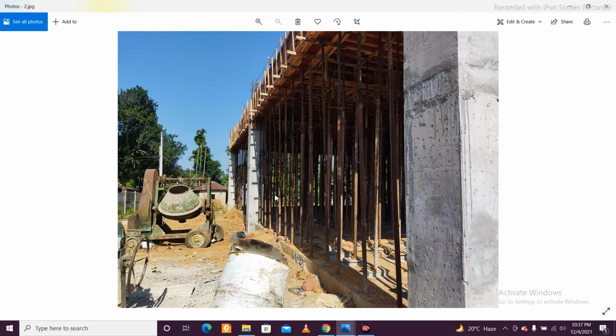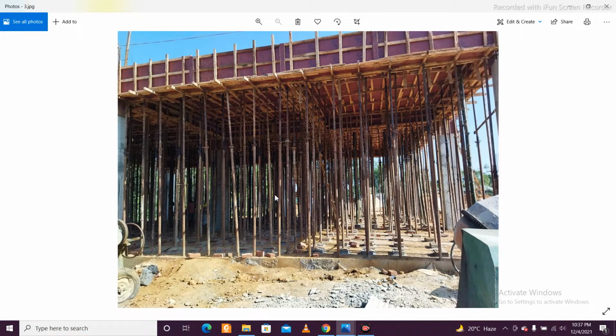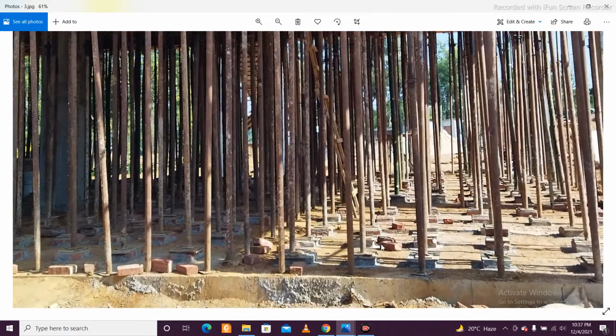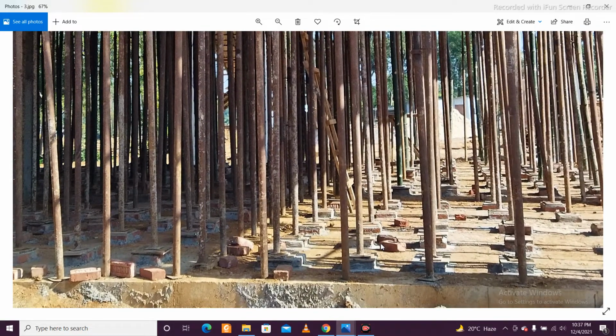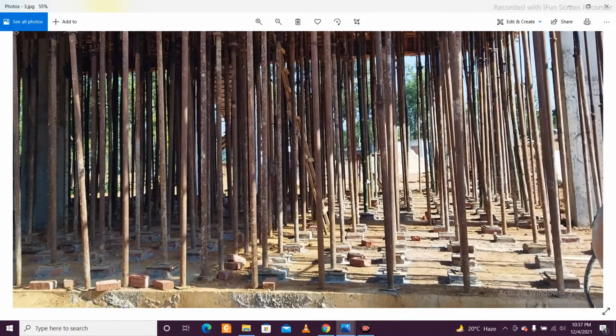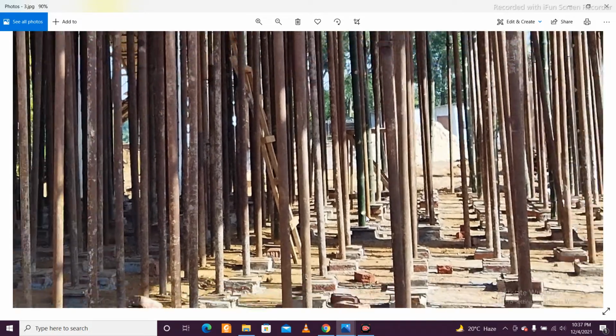The one thing which has to be made sure is that you need to have strong support. Like in this kind of building, you can see that they have decided to go for the casting before BCC. So they have given a brick mortar for strong support, so that they can fix these props or supports over it. And in some places you can see this is bamboo also.